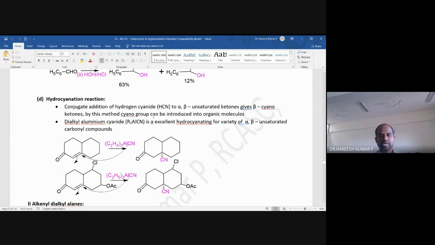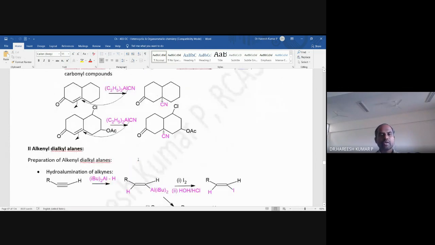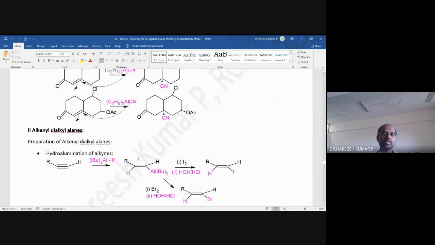definition. Maybe if you are writing this also, fine: conjugate addition of hydrogen cyanide to an alpha beta unsaturated ketone gives a beta cyano-ketone. This method is a good method for the introduction of a cyano group to the organic molecule or substrate. This reaction is called the hydrocyanation reaction, and this will be the example. If we are writing that much, that's also fine. Then we'll take up another molecule,